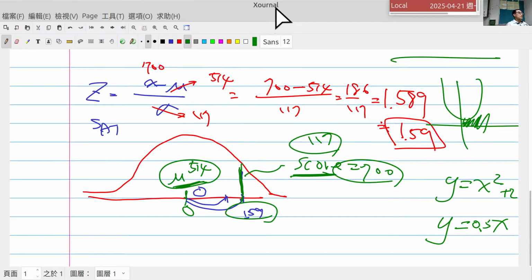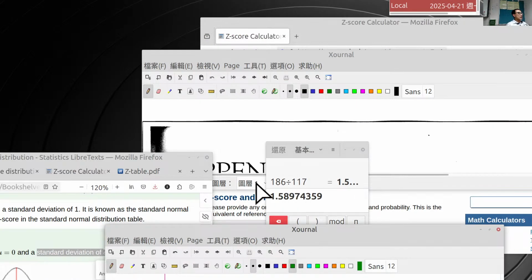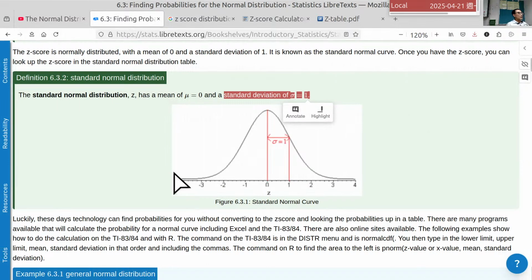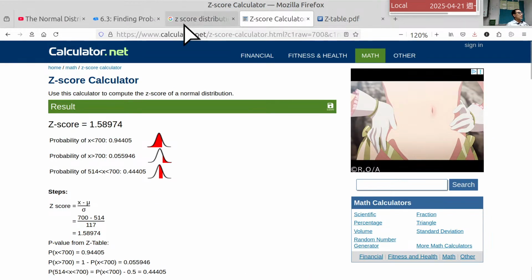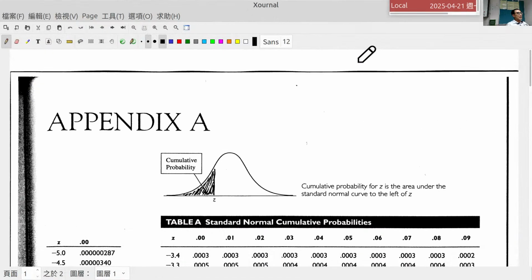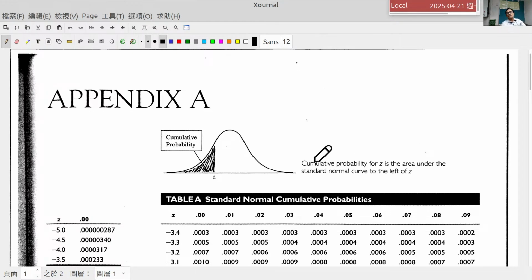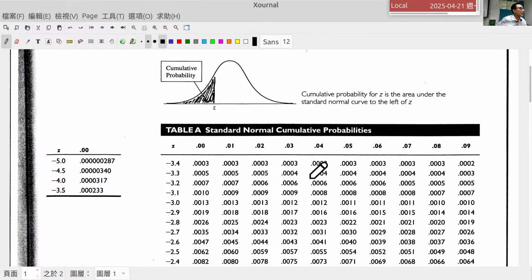So we need to check the table. This table, I sent you from the University of Florida. This one is clear, very clear. And now, please be concentrated for 3 minutes to learn how to calculate this one. Here,